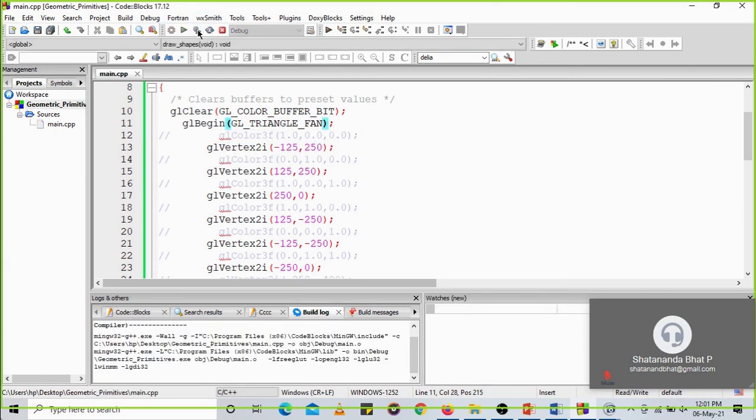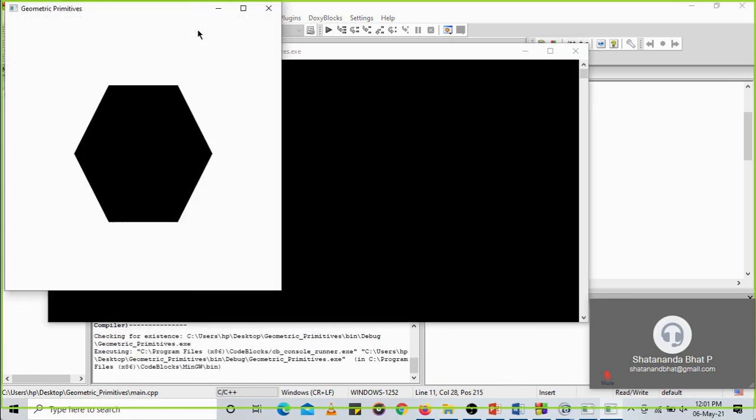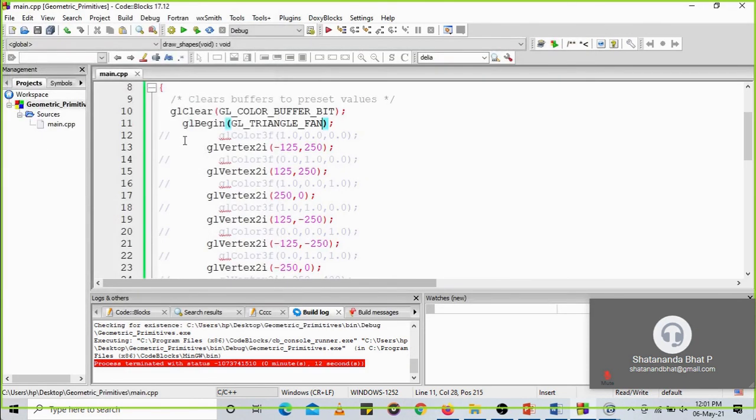So I build it once again. Let us observe the output. Let us see if the change is visible or not. The change is not visible. Let us try to modify the code. As you can see, this output is similar to the previous one, and there does not appear to be any change. Just for the purpose of identifying the change, let us change the colors here. Okay, I've commented the colors. Let us uncomment these lines.